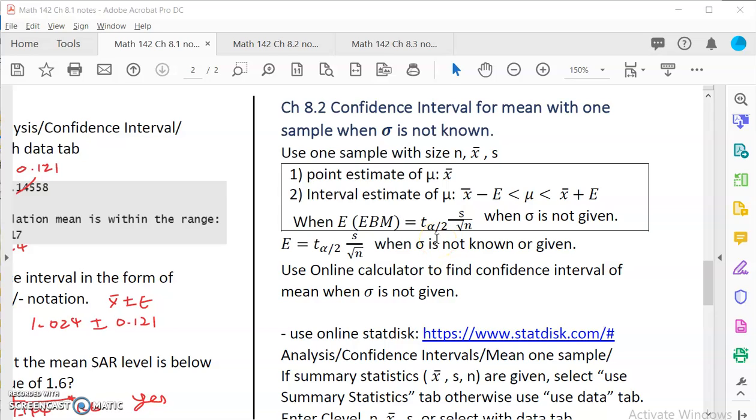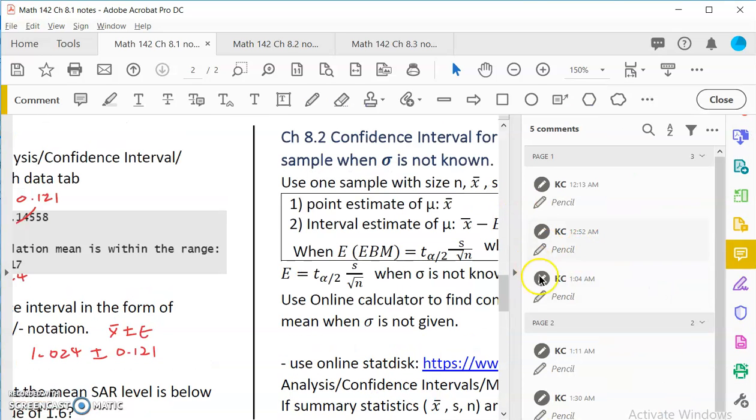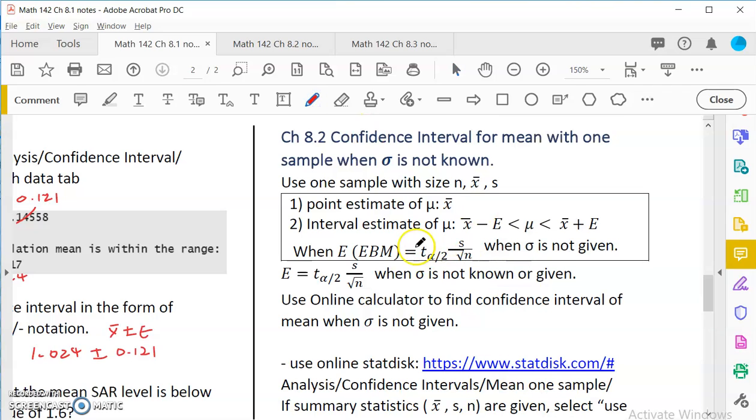Hello statistics student, this video is for chapter 8.2, confidence interval for mean with one sample, but in this case, sigma is not known. Now in 8.1, we have been doing this, saying that, to do the margin of error, we would need to calculate this, we have this formula where the margin of error is calculated if sigma is known,